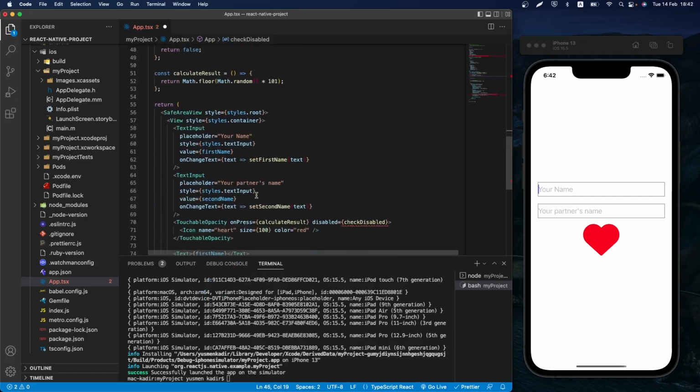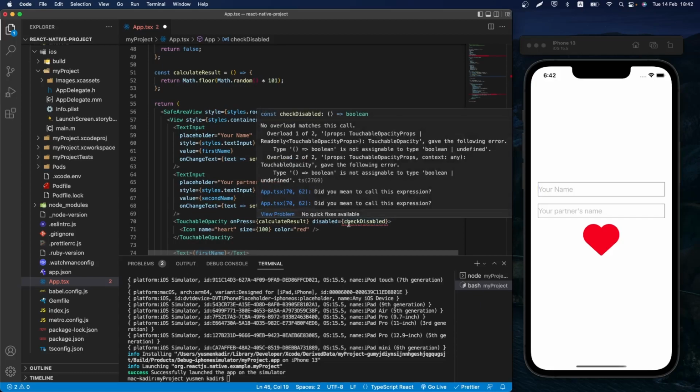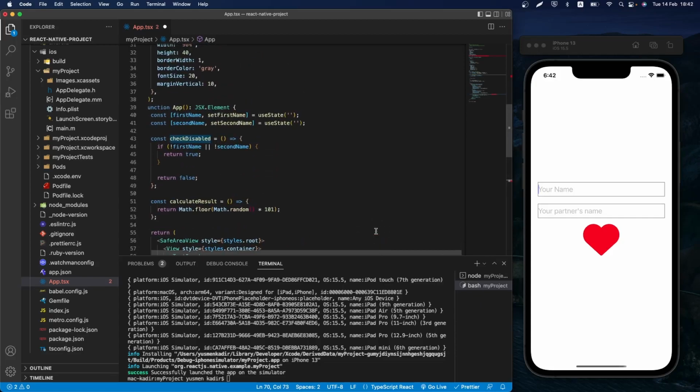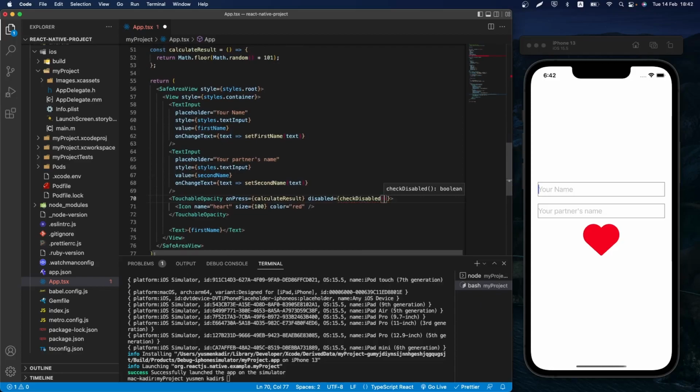Okay, and we can see that, however, we have to run this. And now if I save everything, we can no longer click on this touchable opacity, and you can see that the color, I mean, it's not working. We don't see the opacity, but here for color, what we can really do is we can say checkDisabled, and if that's true, we want red, otherwise we want a black color, okay? And once we save, now